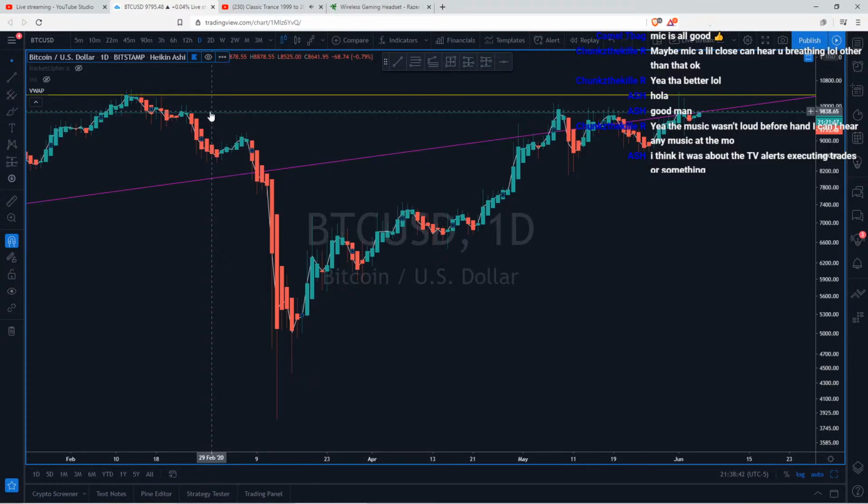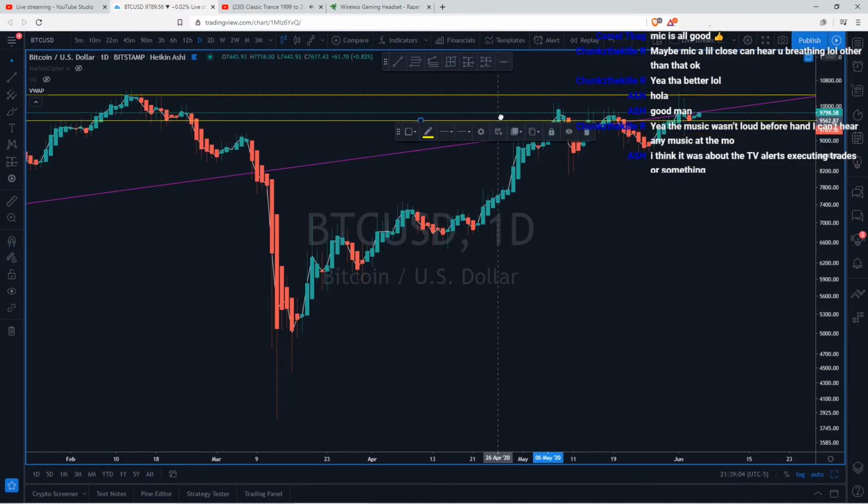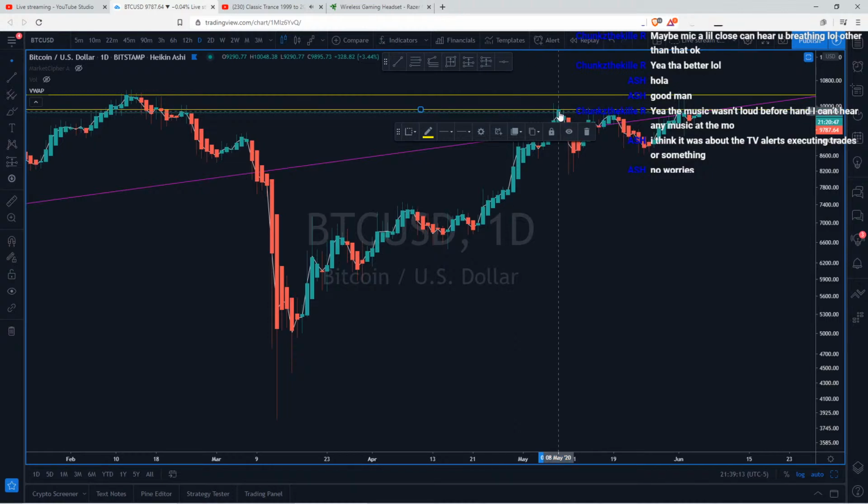So once again, just look for support and resistance areas, whatever you're going to define in your trading as a support or a resistance. And in this case, I'm just going to go ahead and use candle bodies for the most part. Oh, my magnet's on. So this particular one right here, I'm going to lower a little bit. And the reason I'm going to lower, yeah, it's the high there, but it's kind of missing some of these wicks, and you could turn it into a zone. You could also use